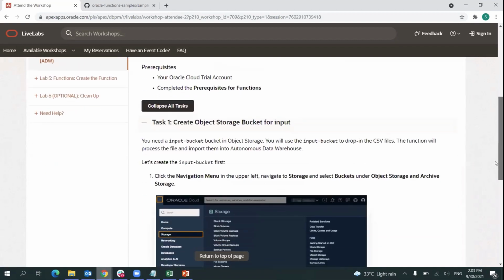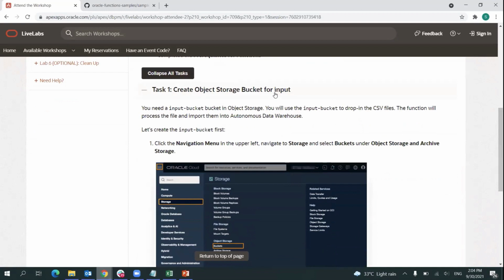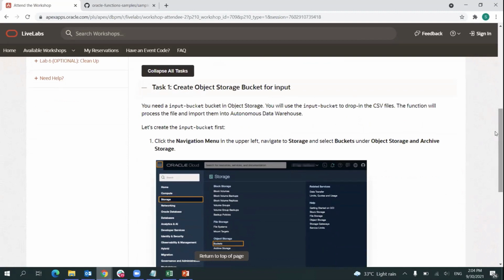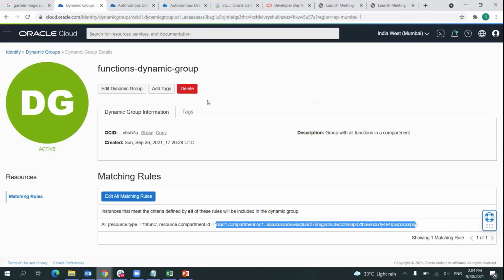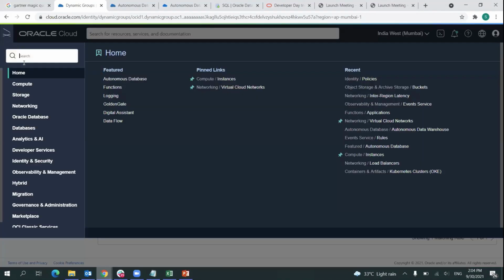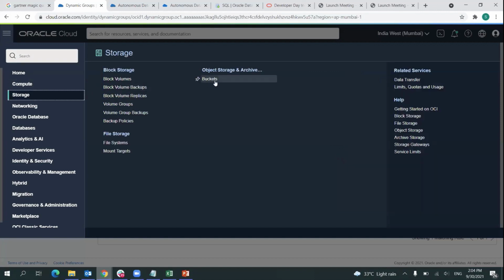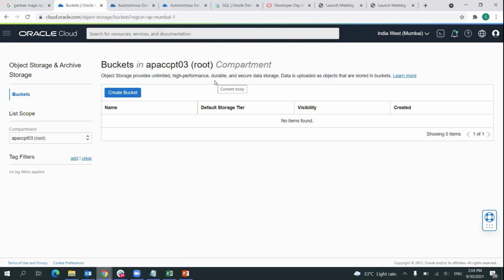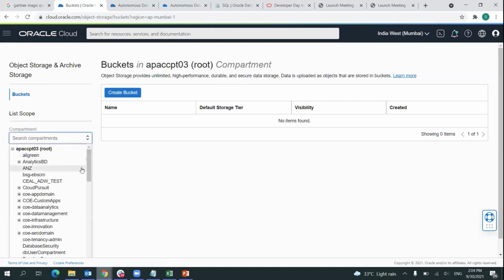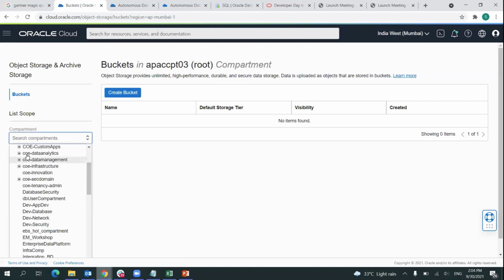So first of all, you have to create an object storage bucket for input. So this is the bucket that you would create for uploading the CSV onto Oracle object storage. All right. So where you can get it, if I go back to the menu again, if I go to the storage section, I get buckets out here. Okay. And if I go to my compartment again,